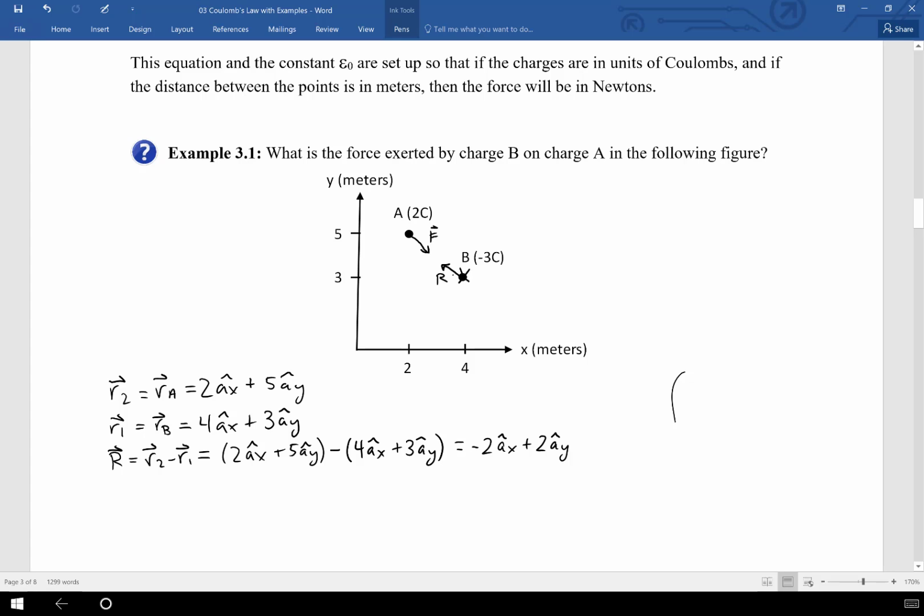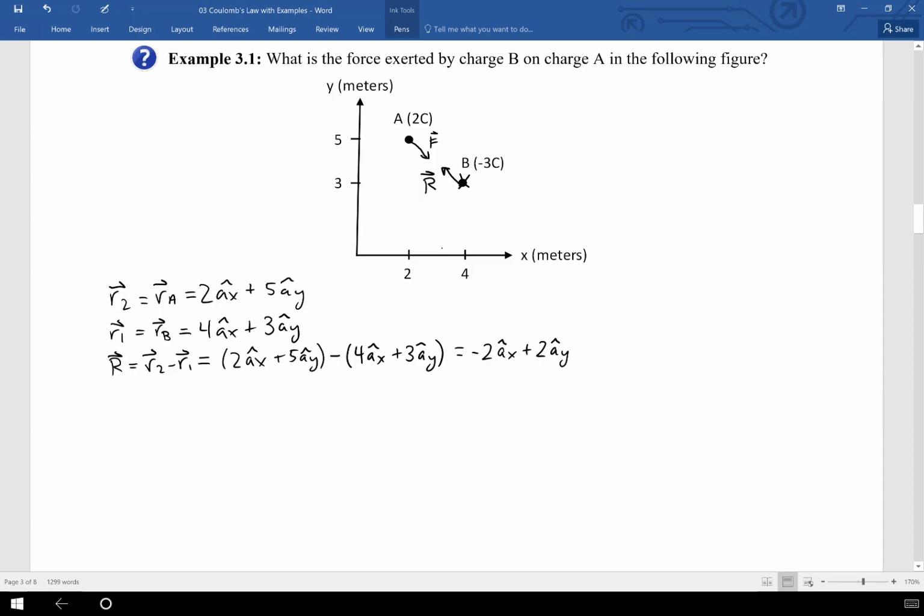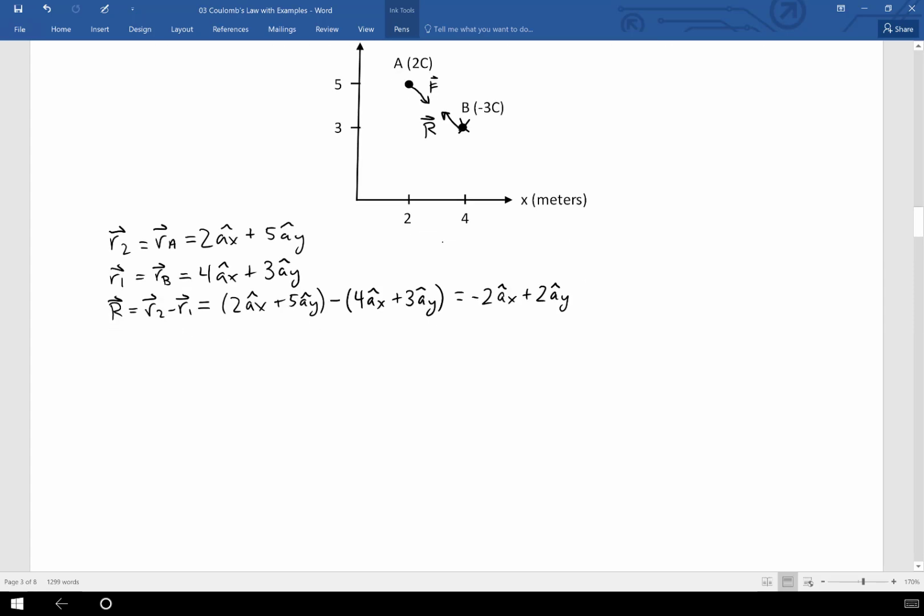R is always pointing from the particle that is causing the force up to the particle that is feeling the force. And so here I'm going to show R going that direction. So what is the magnitude of R? Well, the magnitude of R is just going to be the square root of negative 2 squared plus 2 squared, which it turns out is the square root of 8, which is